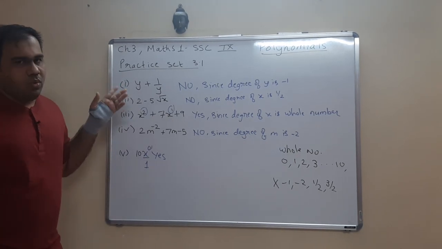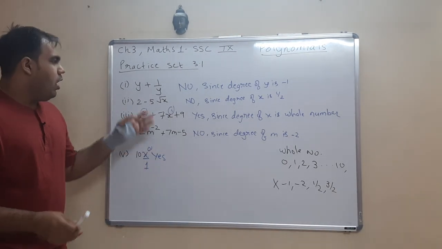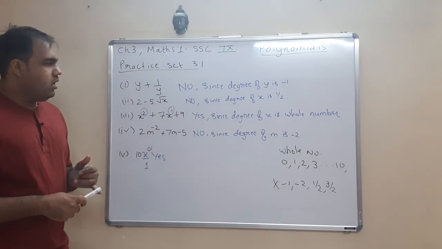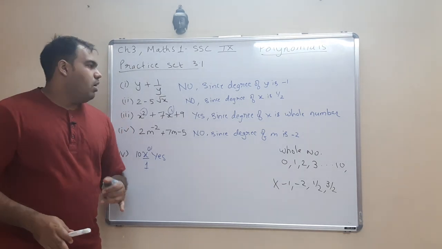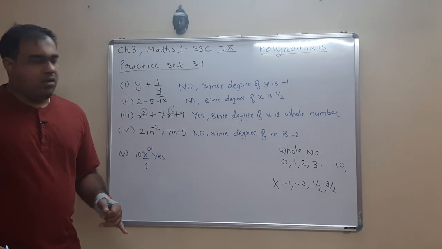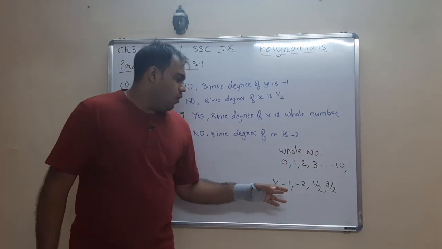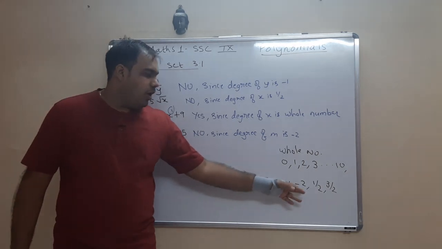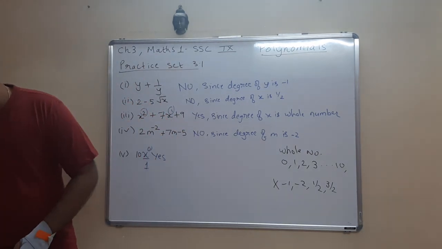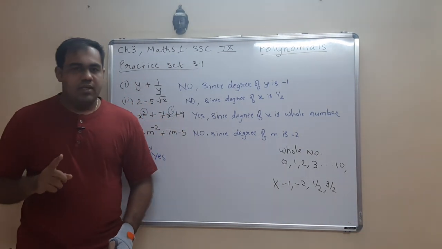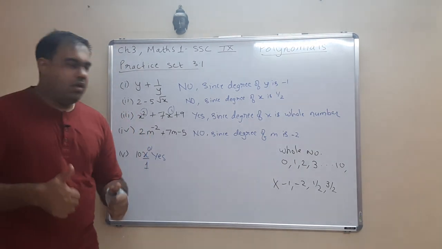So again, this part 1 was only based on checking if the algebraic expressions are polynomials or not, along with justification. तो वो लोग सिर्फ यही देख रहे हैं कि वेरिएबल का डिग्री क्या है। तो वेरिएबल का डिग्री अगर होल नंबर है तो वो पॉलिनॉमियल है, अगर होल नंबर नहीं है तो वो पॉलिनॉमियल नहीं है। और होल नंबर्स क्या रहते हैं, 0, 1, 2, 3 एंड एनी पॉजिटिव नंबर। और होल नंबर्स क्या नहीं रहते हैं, वो -1, -2, हाफ, मतलब फ्रैक्शंस, डेसिमल्स, ये सब होल नंबर नहीं रहता है। तो आई होप तुम लोग को पार्ट 1 ऑफ एक्सरसाइज प्रैक्टिस सेट 3.1 क्लियर हो गया रहेगा। हम लोग जाते हैं पार्ट 2 की तरफ। ओके, सो टेक दिस डाउन।